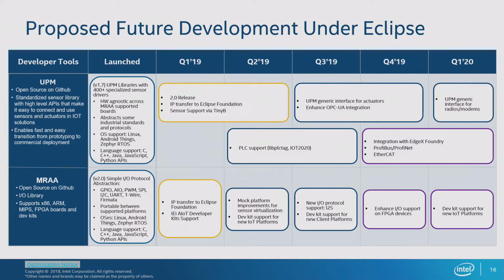And another thing on the list, this is later in the year, hopefully we can enhance a little bit the I/O support for FPGA devices. We have some really good proofs of concept right now with the Cyclone 5 FPGA, but you could scale up or down to either Max 10, which is more traditionally used for I/O, but then you could also move up to Arria and Stratix.